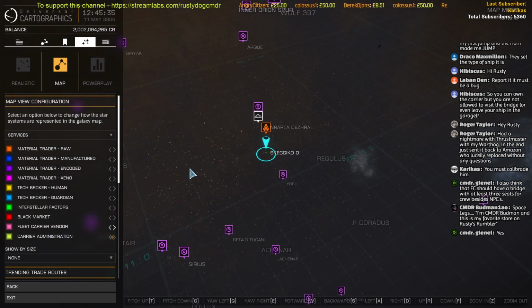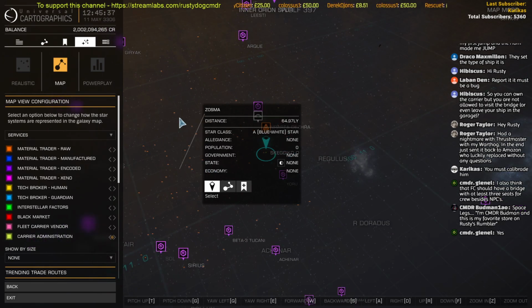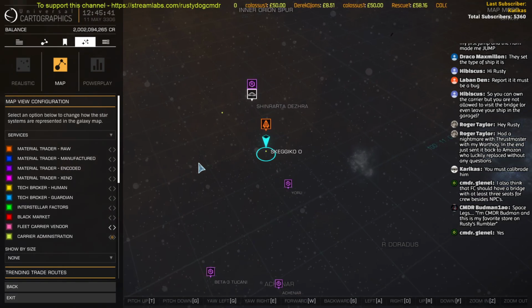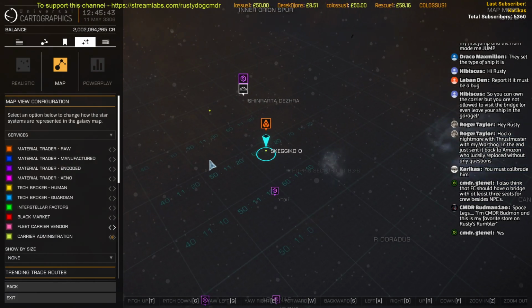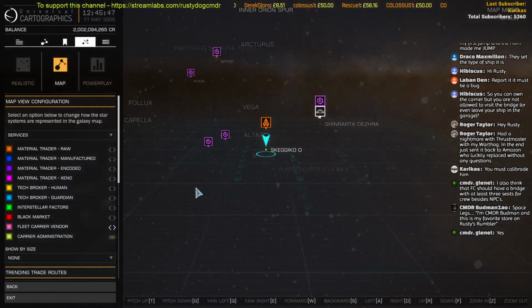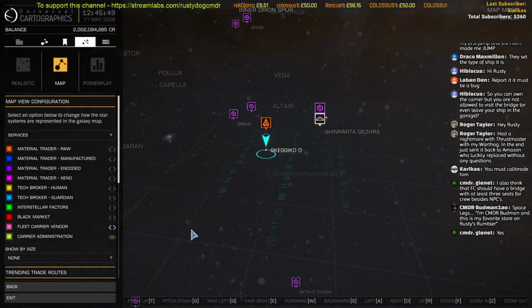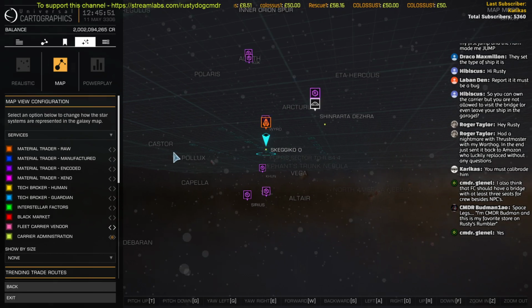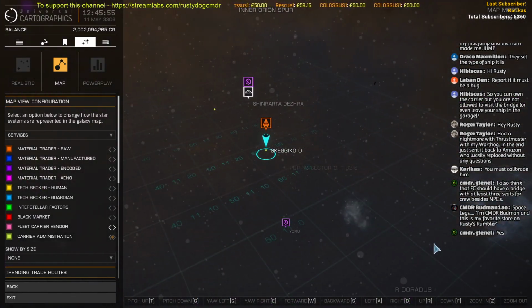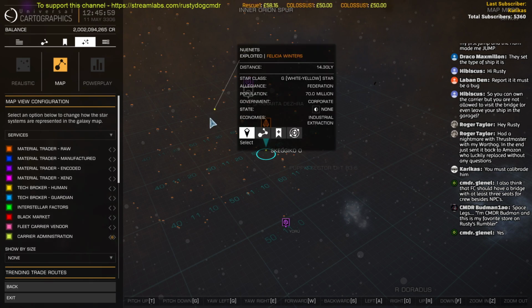So I don't see too many other yellows, but maybe that's just due to distance. So Nunets is, yeah, there's not many, is there? Oh god, I thought there'd be more. Okay, is that one up there? No, that's still Nunets. Yeah, so Skagiko and Nunets for administration only. Kind of a bit skimpy there, but fleet carrier vendors,